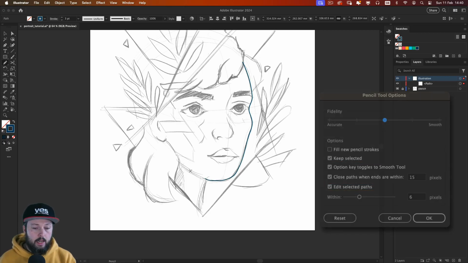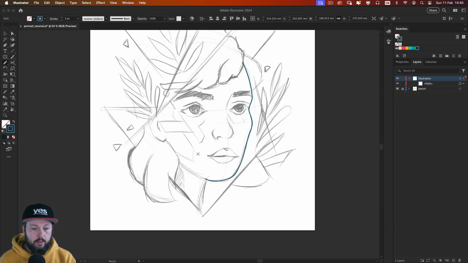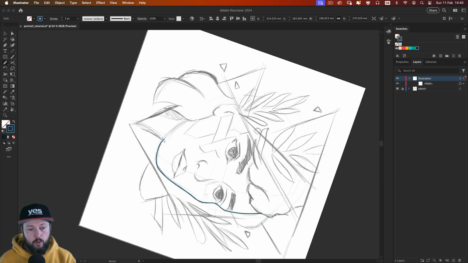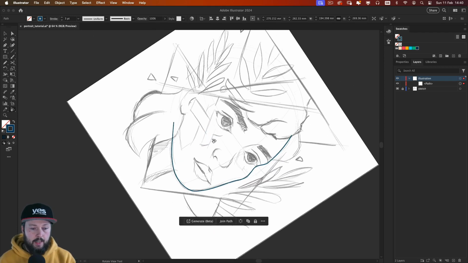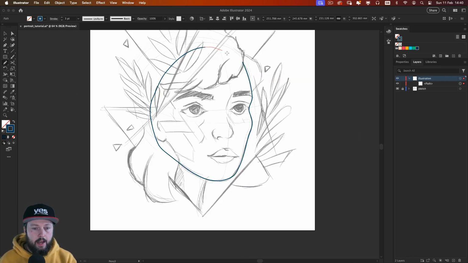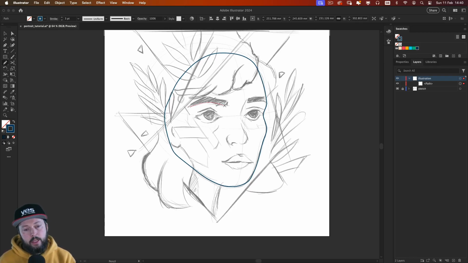And as you can see, I'm just drawing over the details. I will just rotate my view a bit and then draw this way, because I'm using a stylus, it's just easier to do it in certain angles. And here it doesn't really matter how I finish off the path because that section won't be visible. And I'm happy with the way this looks, so I'm going to continue drawing a new path now for the